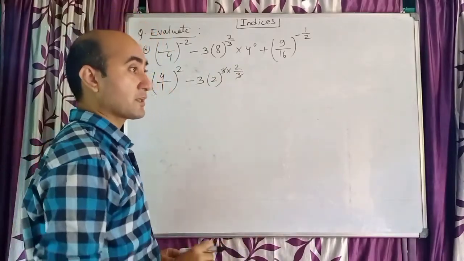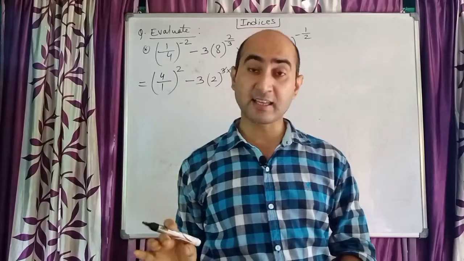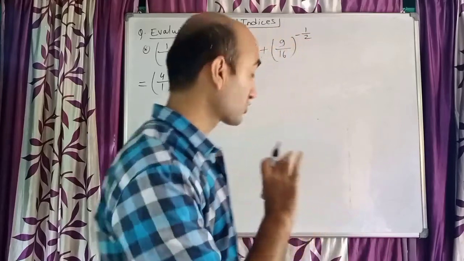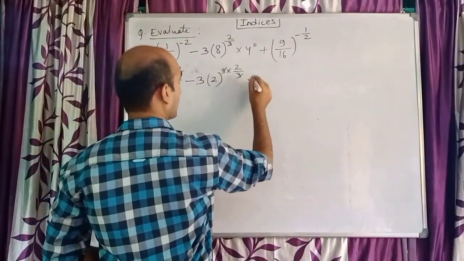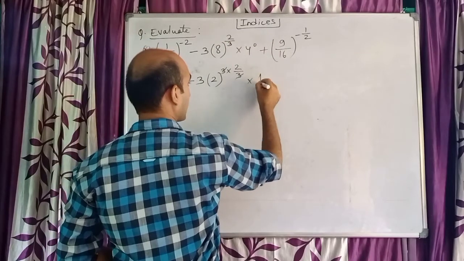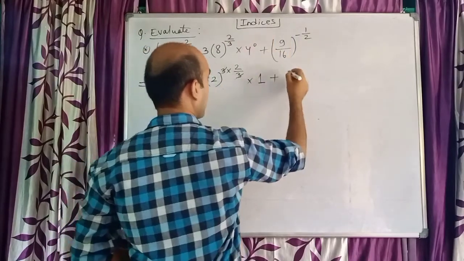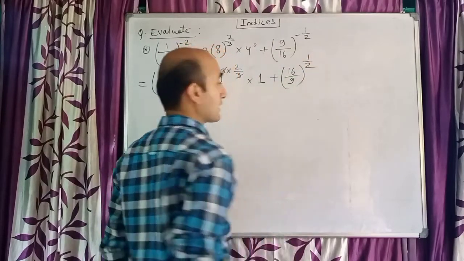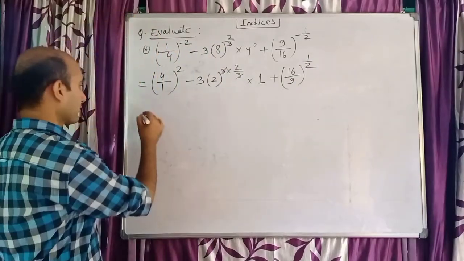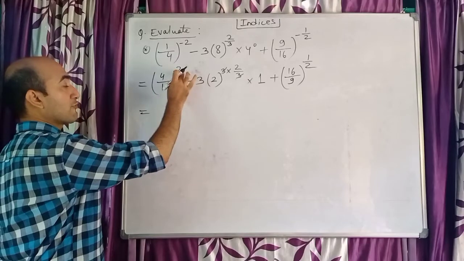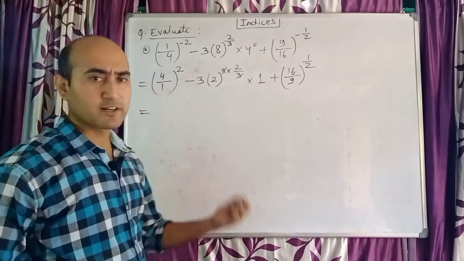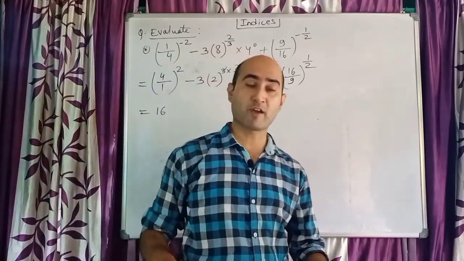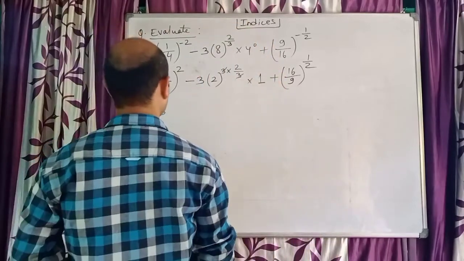So very important, we want positive power, and second thing, if we have fractional power, we want to remove the fraction also in the power. So these two things are very important in these questions. Into anything to the power 0 is 1, plus again a minus power, make it a plus power, that is by interchanging numerator and denominator, so the power became positive. Now the good thing about this part is that there is no fractional power, it is 4 square. So 4 square is very easy, it is 16, and 1 square is 1, but in the denominator 1 has no value, so no need to simplify it.